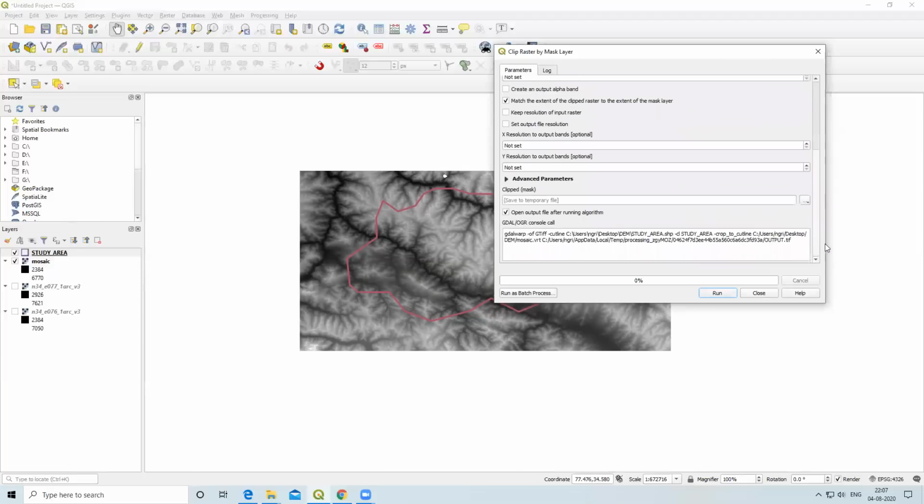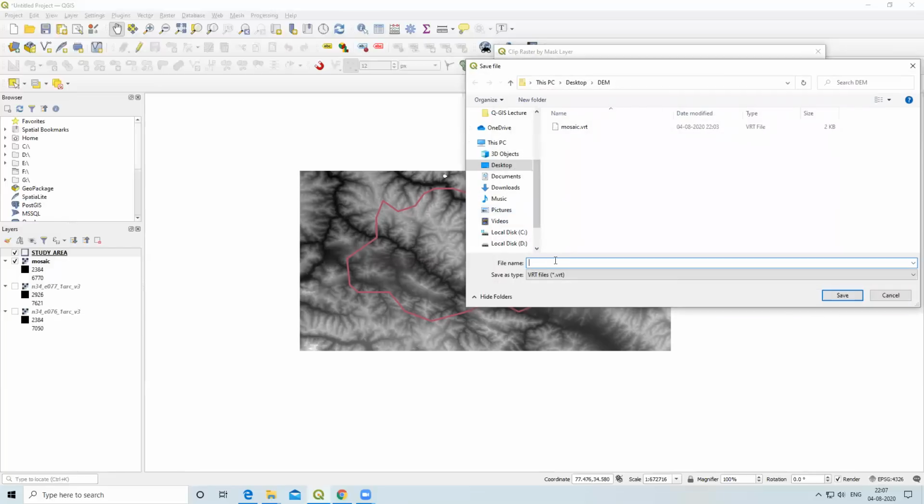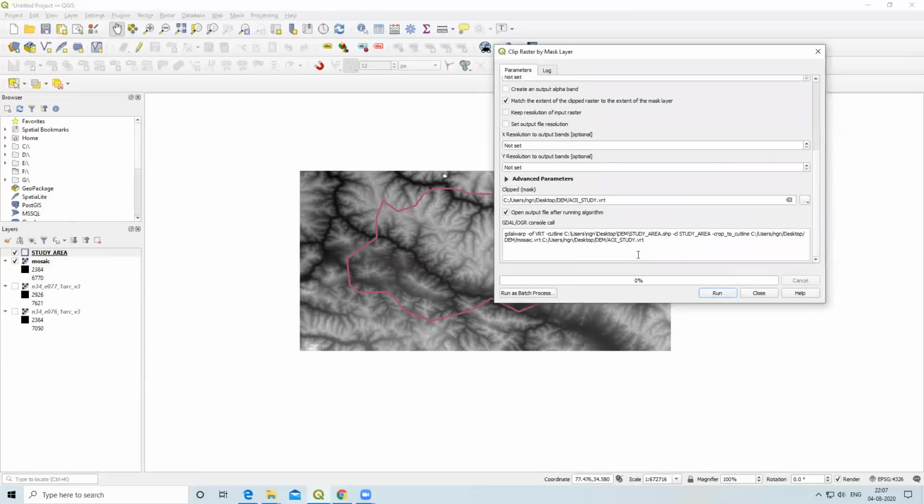And if you want to save a clip raster, you can save from here. AOI, area of interest of study area. You can select and save. After that, I will keep all the parameters as they are, and this tick I will remove and run.